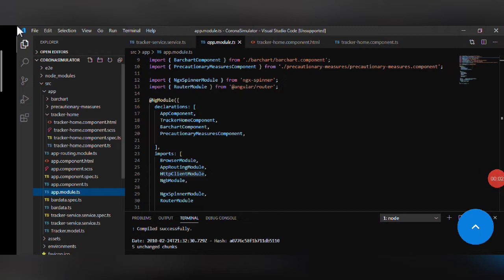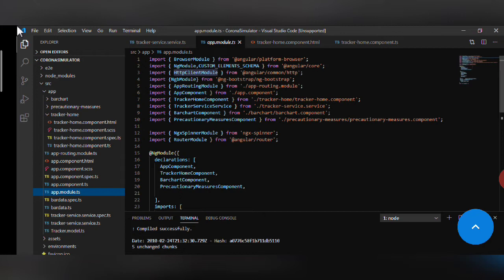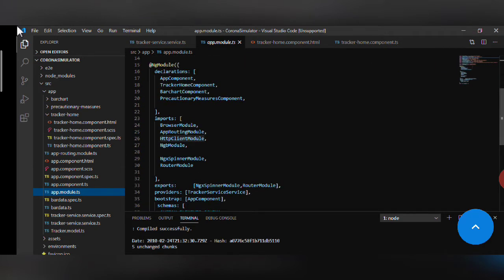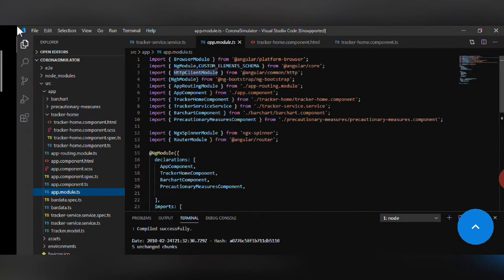Before tracker home.component HTML, we will discuss this app.module.ts, which is the main file in any Angular application. In this we have the import statement, declaration, export, provider, bootstrap. Whatever components you create in Angular, you will have to mention their path in this app.module.ts, otherwise you will get an error.